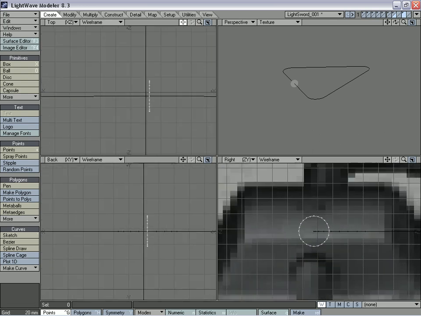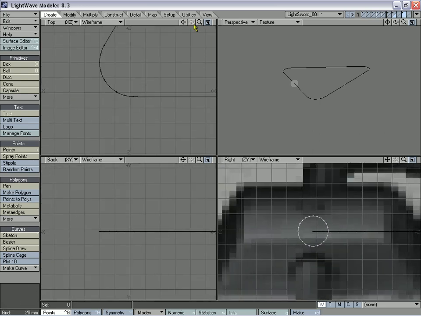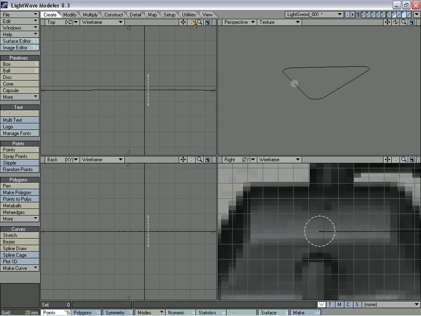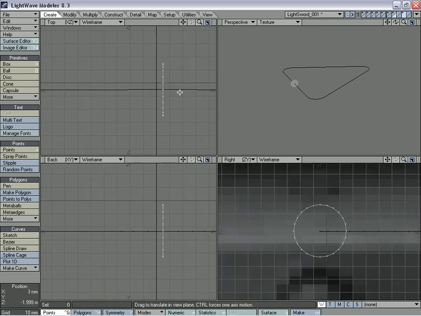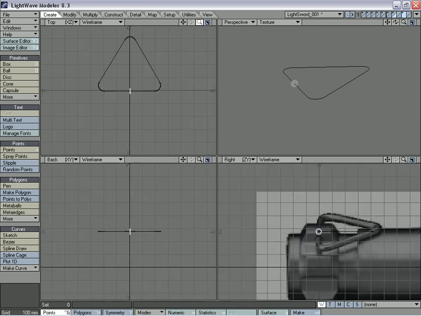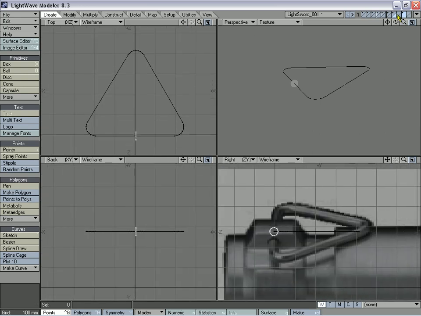And like I was saying before, if we were to do it over here on a corner, we'd have to use the rotate tool to rotate this disk so that it matches up, and this way it could just be straight and we don't really have to worry about it. Alright, so now we're going to,